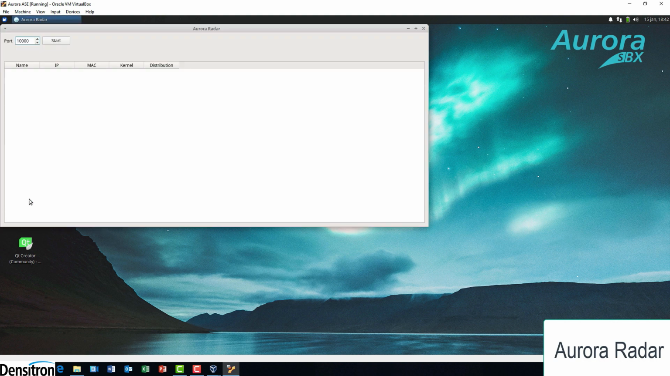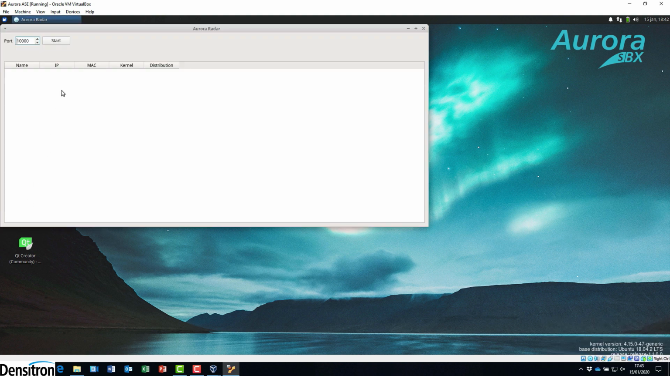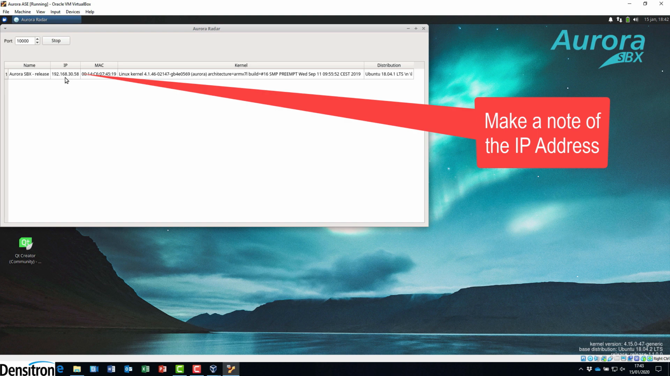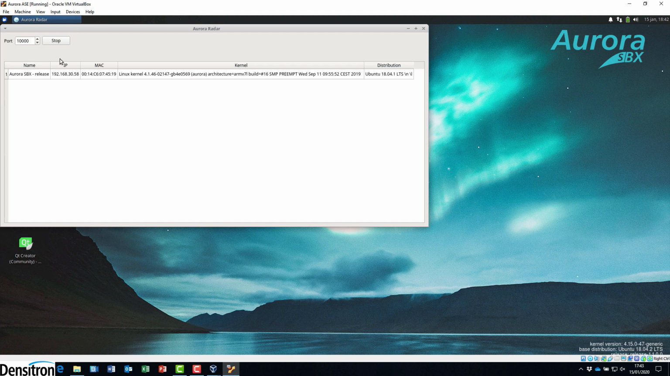And this brings up this application, and it's going to find for us any Auroras that are connected to the network. So we've clicked Start, and here is the very important information that we require, which is the Aurora's IP address. So I suggest you make a note of that, because we're going to need to enter that elsewhere very shortly. So now we can click Stop, close the application,